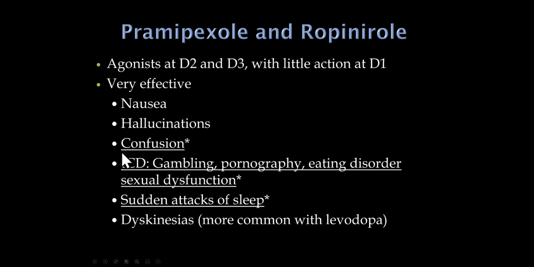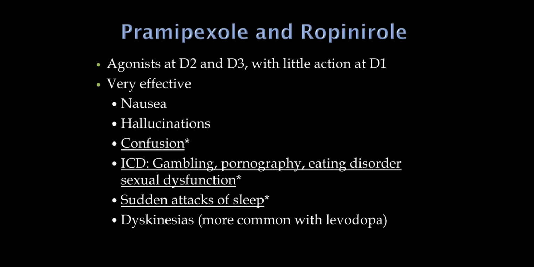This one will be very important to remember. Impulse control disorder, like gambling, addiction to online gaming, pornography, sometimes eating disorder, or sexual dysfunction. All of these can occur when we put someone on dopamine agonists. So really we like to have the spouse there at the visit to also just confirm that we're not seeing